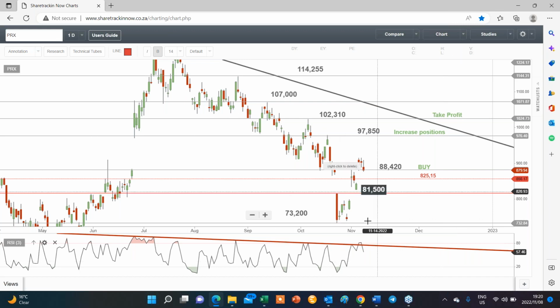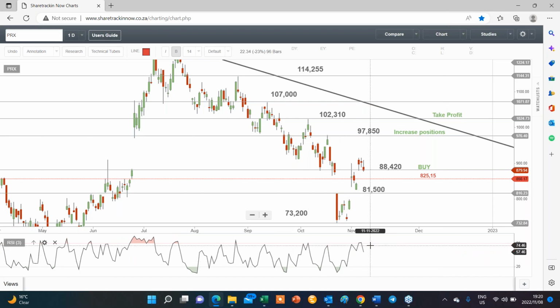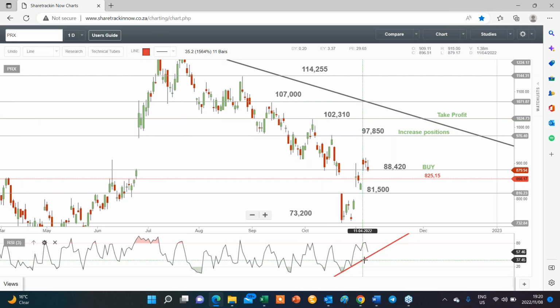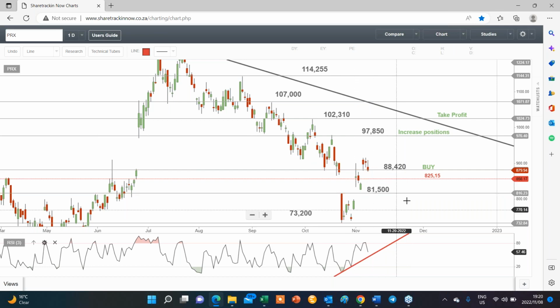Be mindful of the fact that it's coming off overbought territory, so I'm going to delete that. And in fact, put a line. It's just tested twice, but let's see if it does bounce there again, because if it does, that means the call might still be in place. Okay, but the call would be negated if PRX trades below 825.15. Then it means we have to put it on ice, and the selling for CFD terms would actually be at